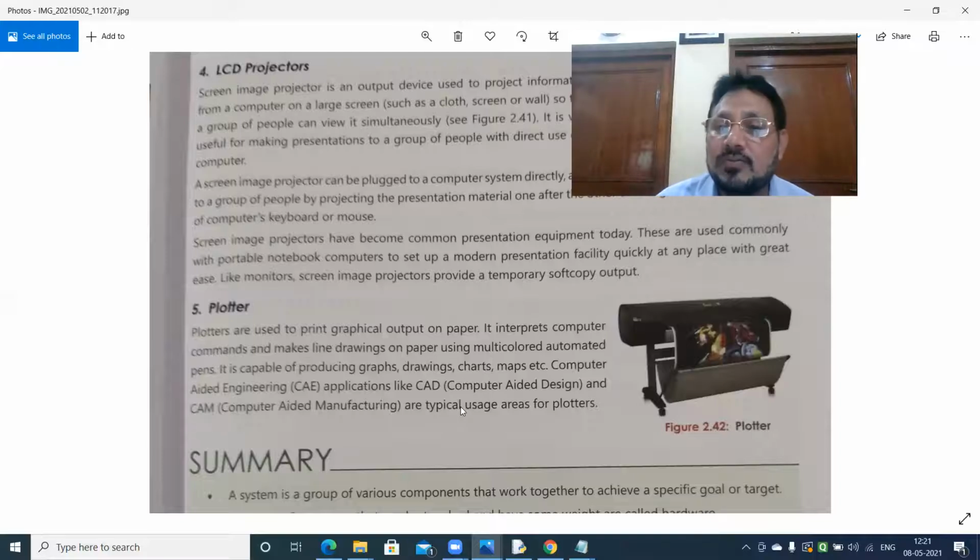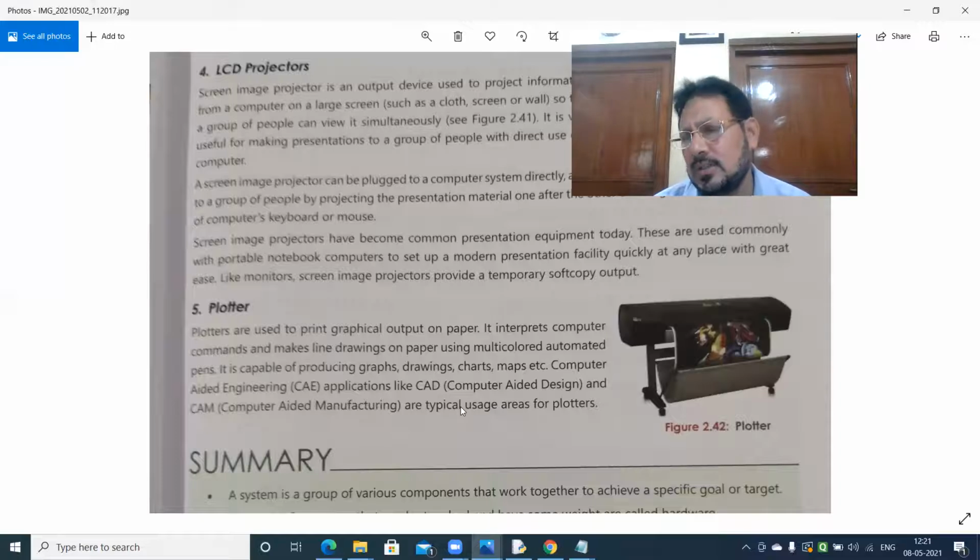Especially the engineers, the CAD programmers, use these plotters to display their graphical images, high resolution images. Suppose a mechanical engineer has designed a machine and he has to display each and every point of it, and that has to be in 3D format.